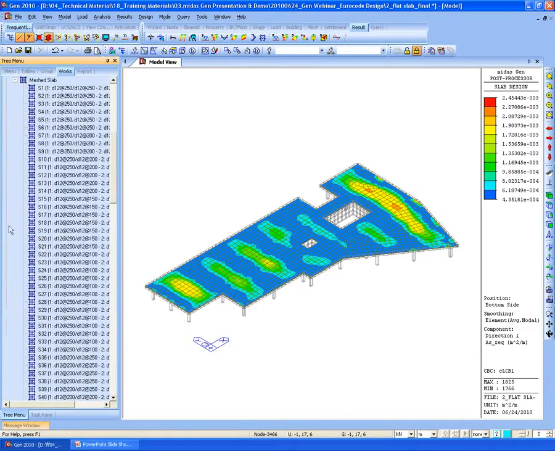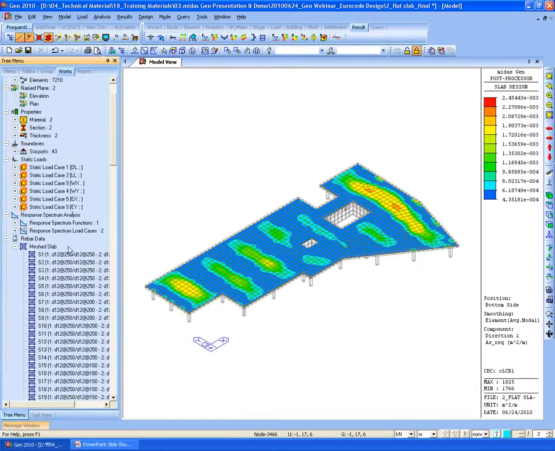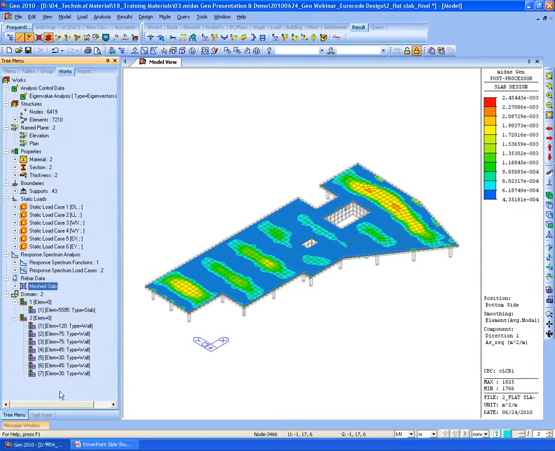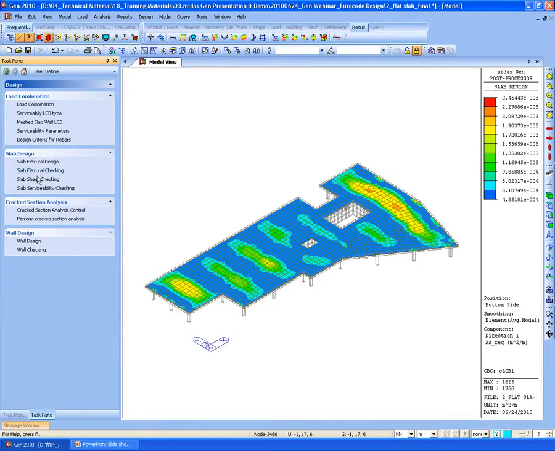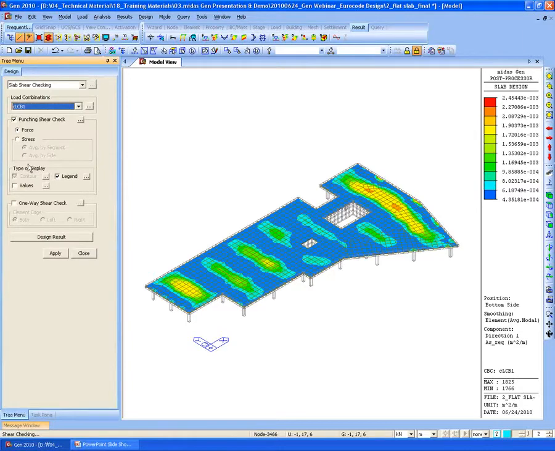So you can easily check and modify the rebar data as I mentioned for the frame design. And let's go to the shear checking part.